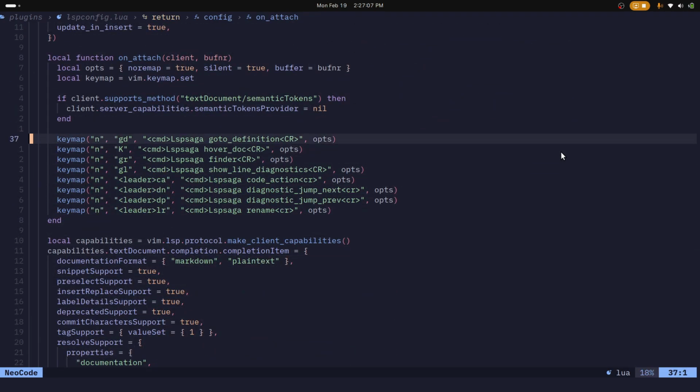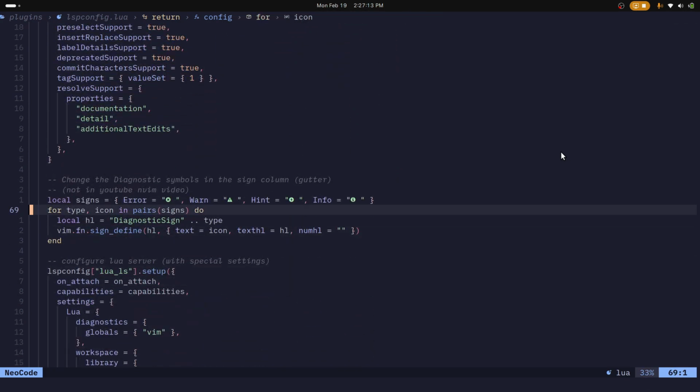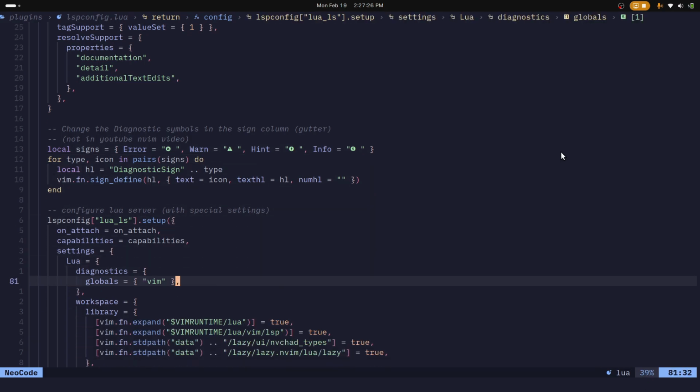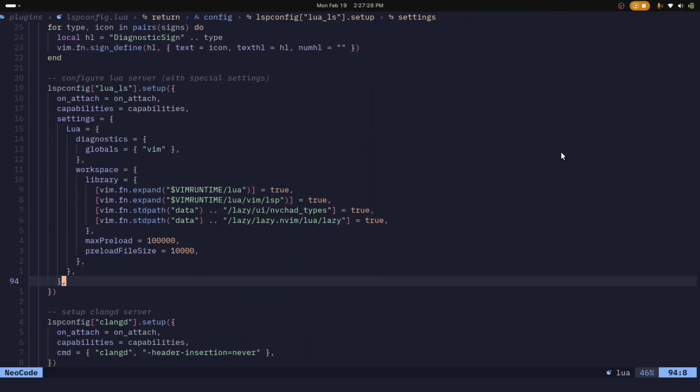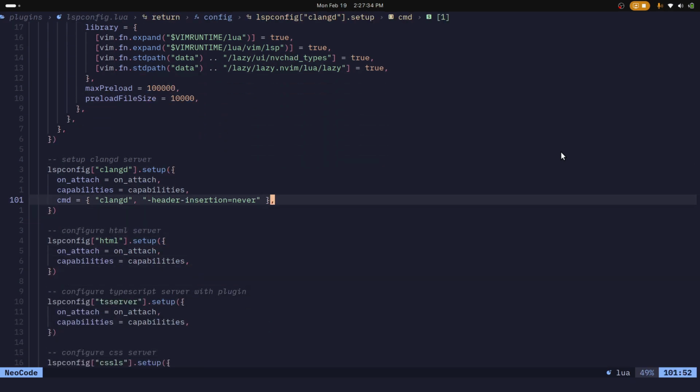So these are the simple key maps. You can go through them and read them carefully. These are some basic options, and we are mapping our icons to them, which are really custom ones. You can add whatever you want. So these are some configurations for LSP servers like Lua LS and clangd, and I generally have to disable the automatic insertion of